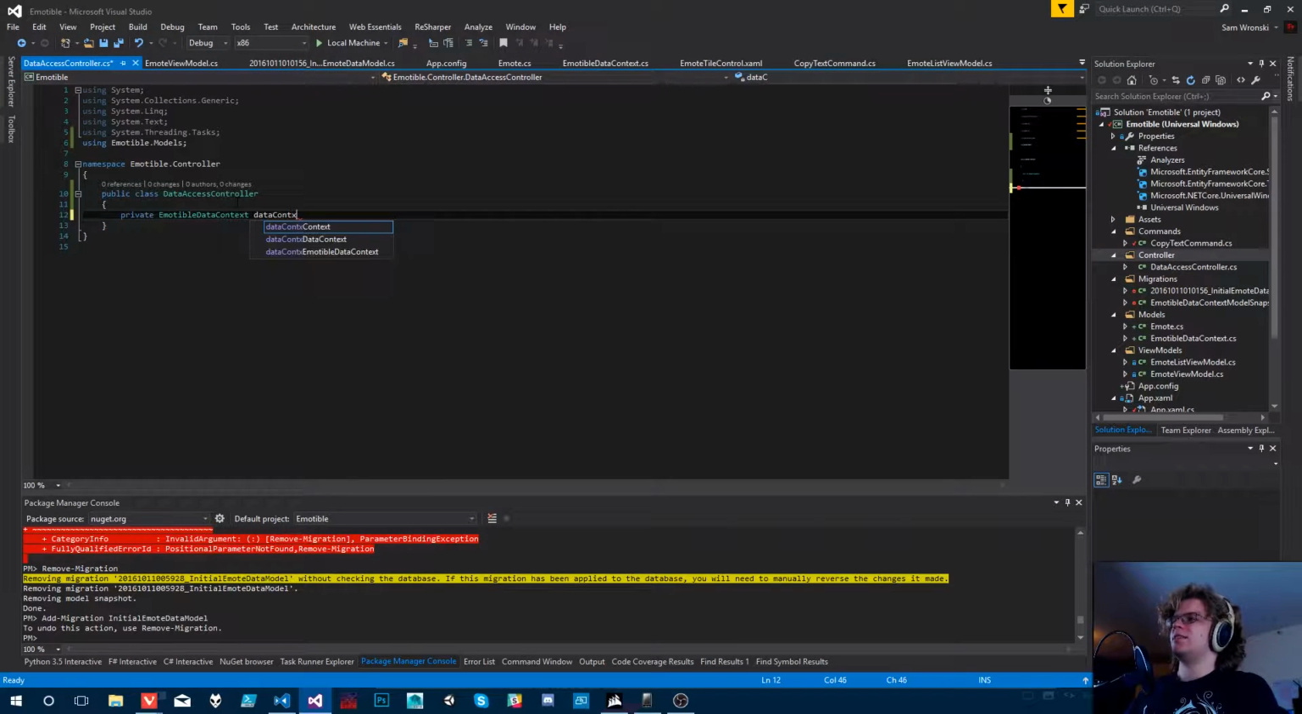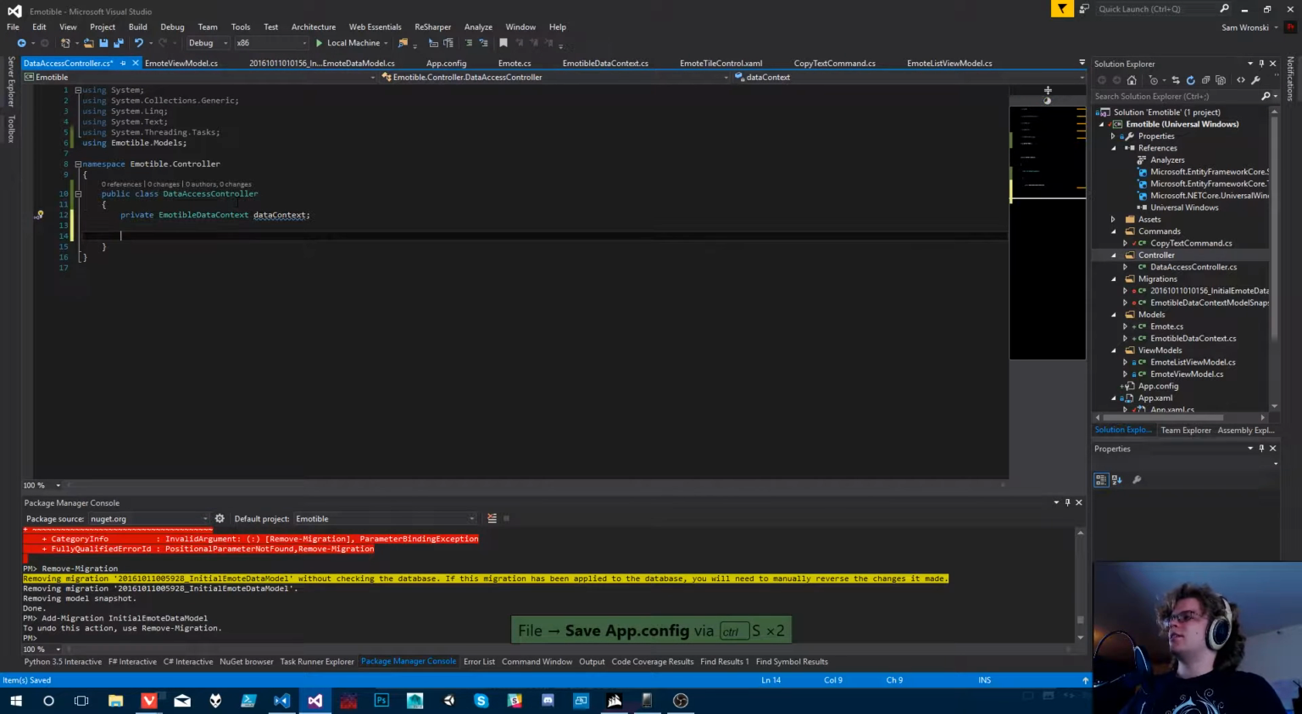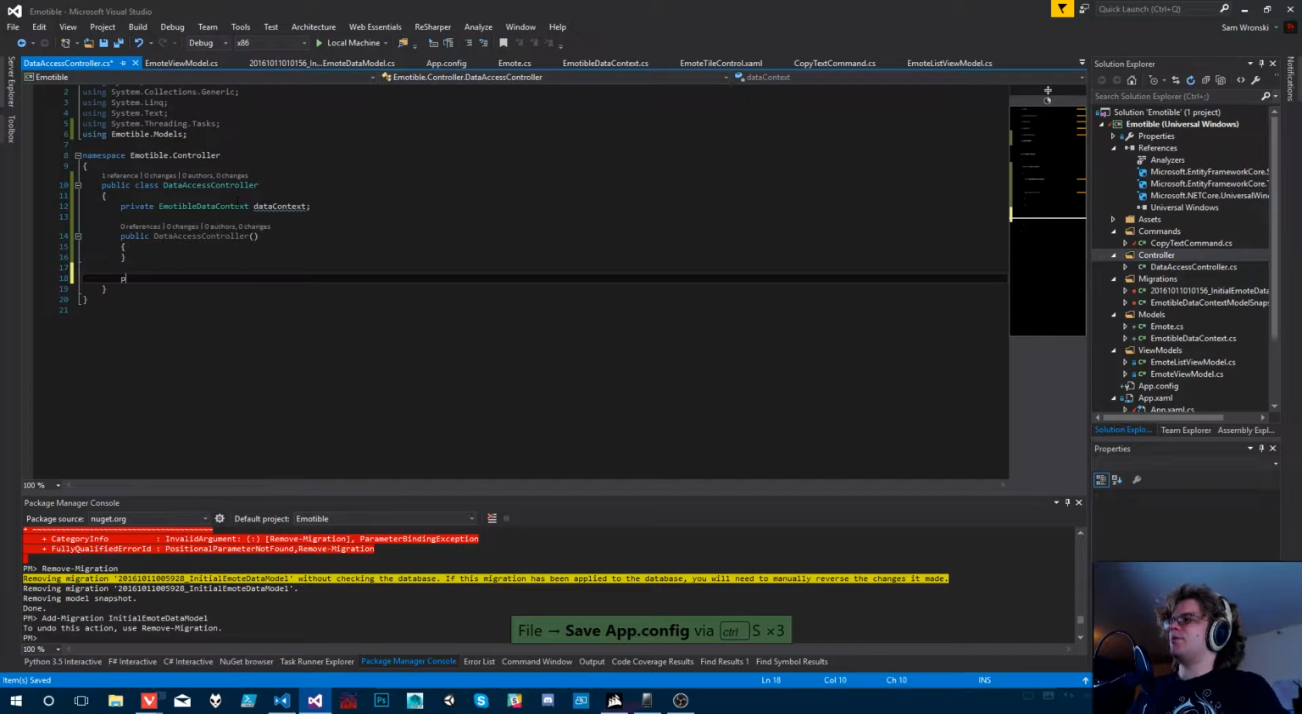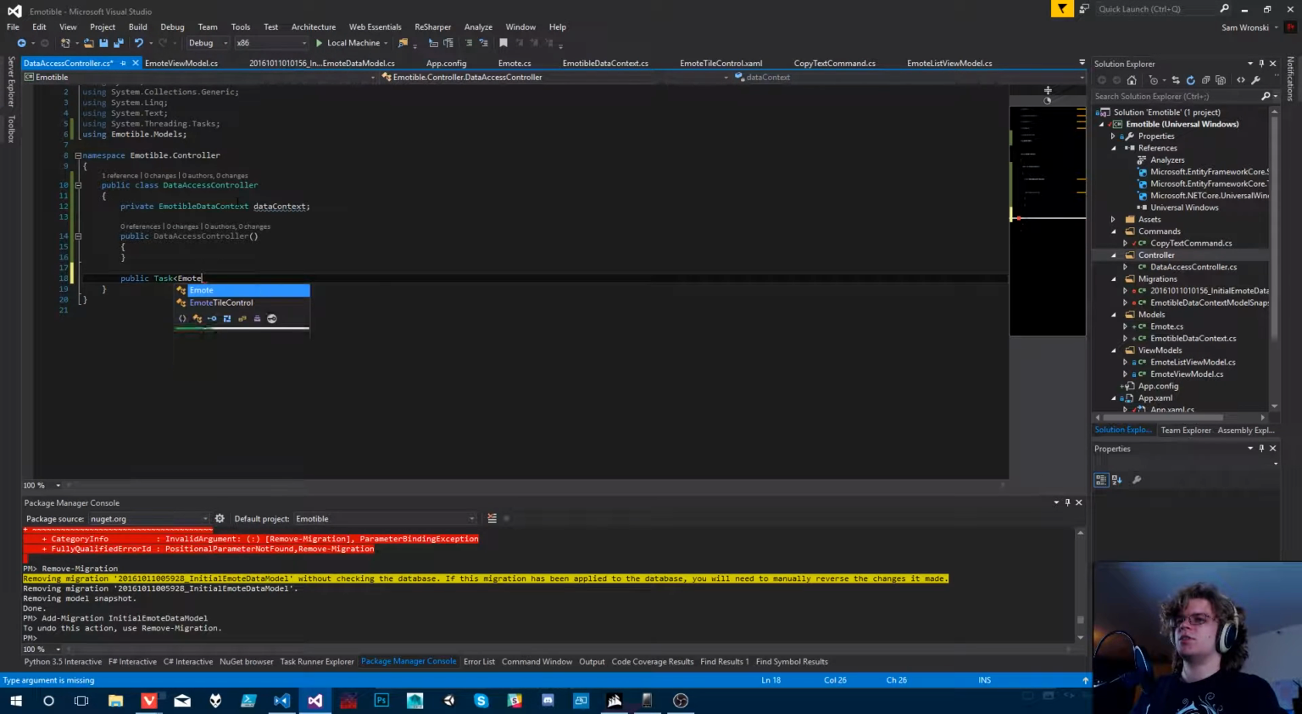Data context, and we'll create a new public constructor for that guy. And the next thing we want is a way to initialize it. I'm going to make this an async task that isn't going to accept void. It's going to return an emote,